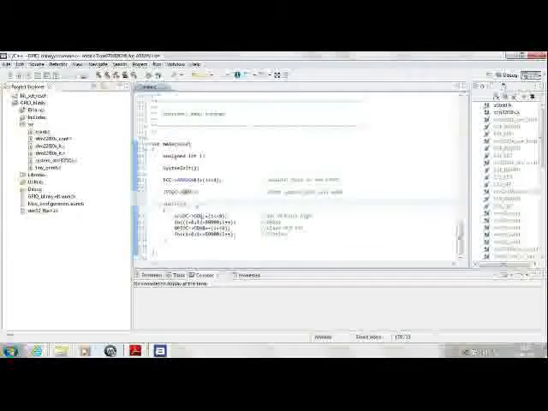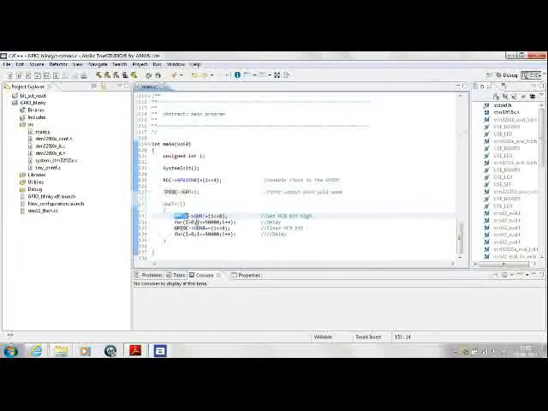So to start off with, the GPIOC's ODR register, I am ORing and equaling this to 1 left shifted by 8. This notation, OR equals 1 left shifted by 8, makes sure that the other port pins are not disturbed and the 8th pin gets ORed with 1, and anything ORed with 1 will make it 1. So even if it was 1 before, it will be 1. If it was 0, then it will now become 1.